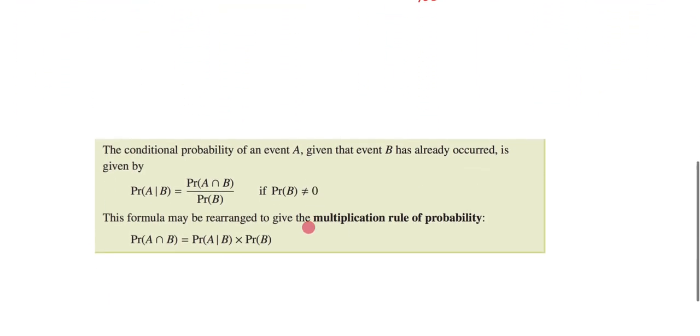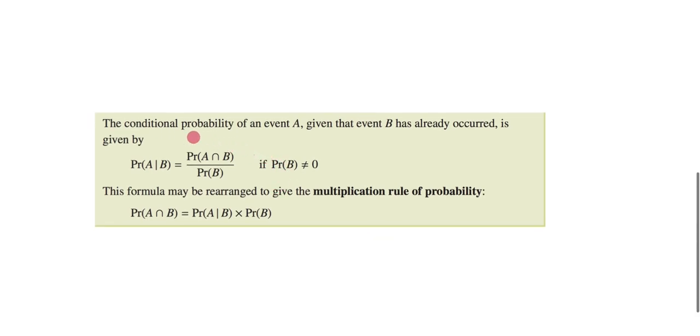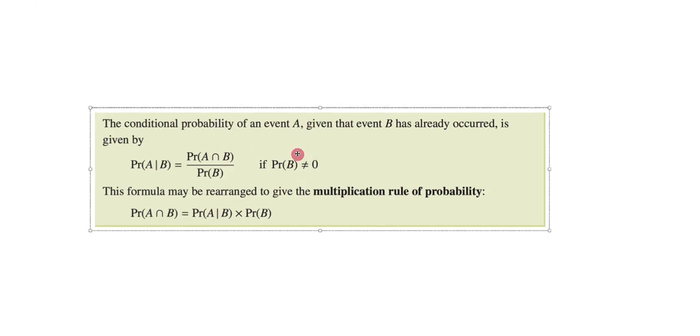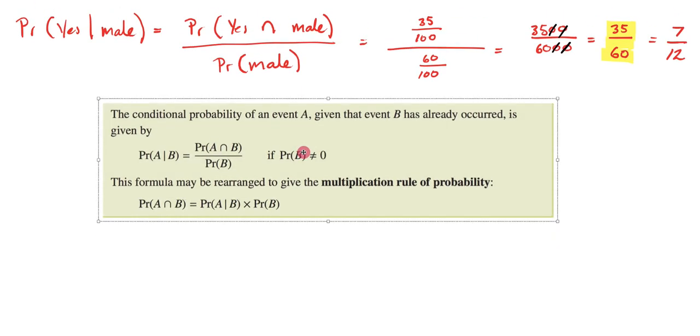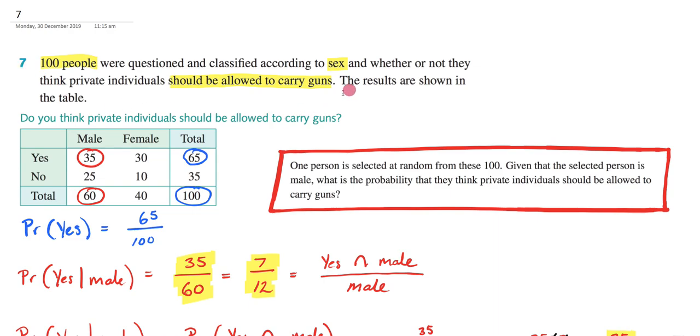And this is important when we now come to this. Here, this is taken from the textbook, and it's a general principle that is always true: the conditional probability of event A, given that event B has already occurred, is given by the probability of A given B, the probability of the intersection of A and B divided by the probability of B, if the probability of B does not equal 0. So hopefully you have a deeper appreciation for this general principle, and you've been able to successfully answer question 7. Hopefully this was helpful.